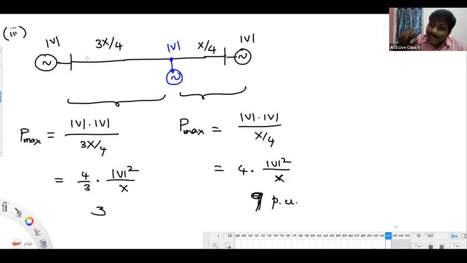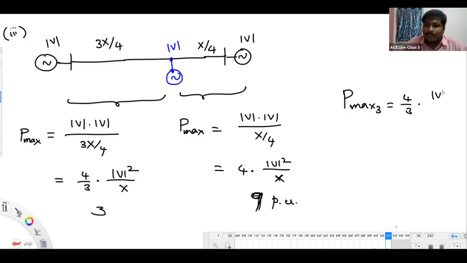See, if you keep the same loading based on 3 per unit, you should select the number below 3 per unit. If you select below 3 per unit, obviously it will be lower than 9 per unit also. Then the system will be well stable. So whichever is lower among the two, that we have to select. So from these two, the maximum power transfer capacity by keeping the source at 75% length will be 4